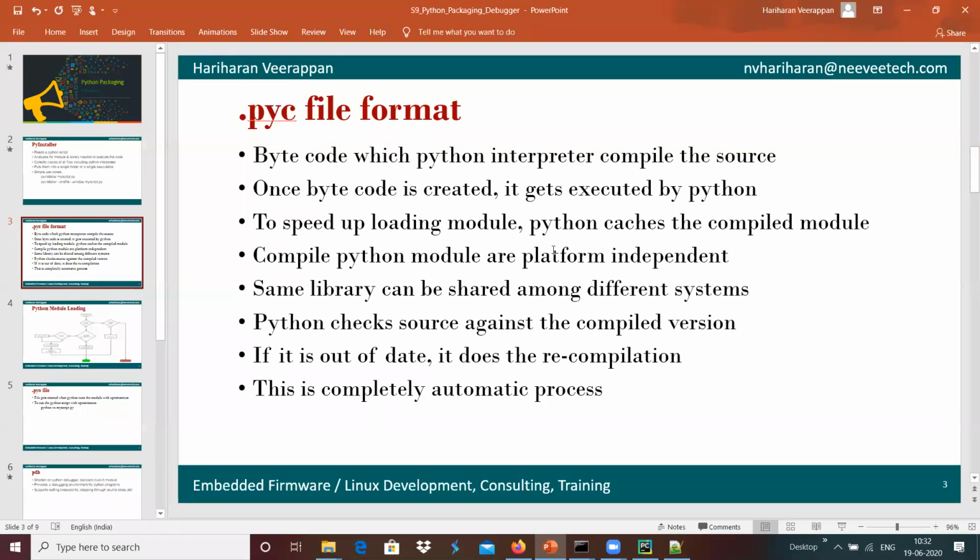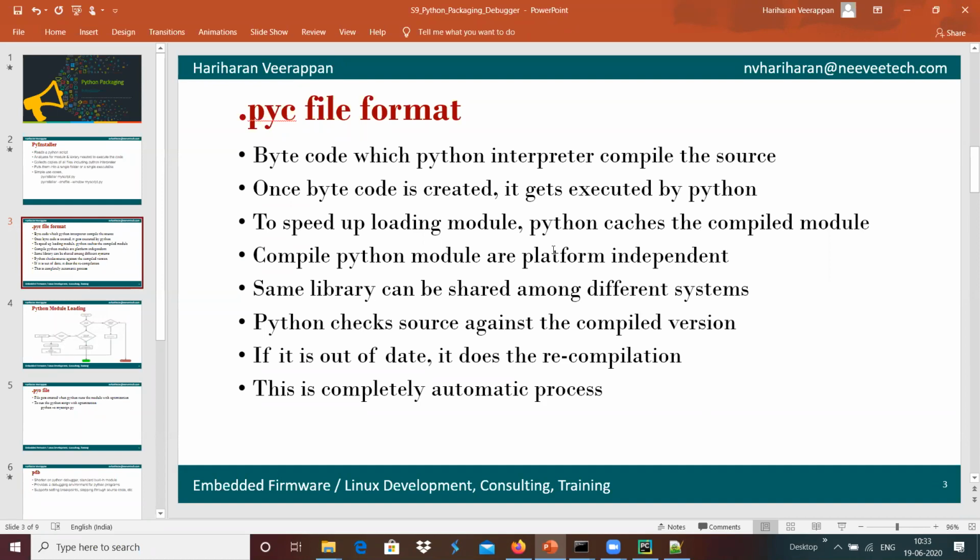Because of that, we gain faster execution, because we are not recompiling again and again. The already compiled binary Python file is present, so it can be used directly by the application.